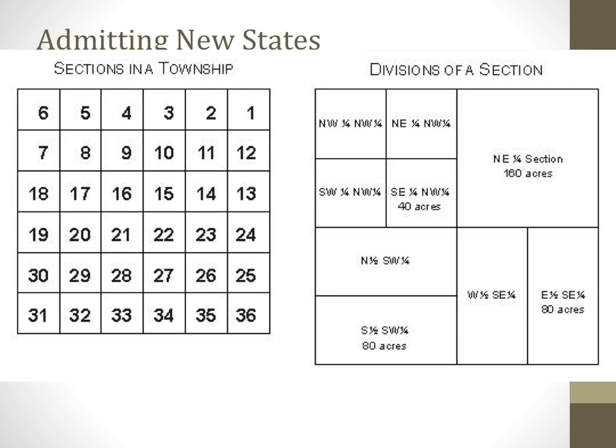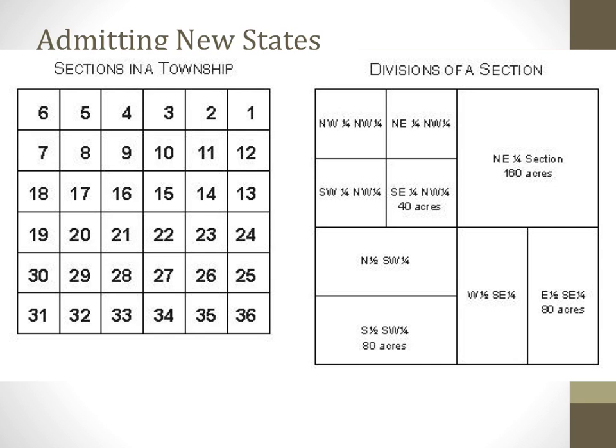Okay, so if you'll remember, one of the problems that they had was that some of the states didn't want to give up their western land claims. Well, once those states did give up that western land claim to the federal government, the question became, what's the process that we're going to go through to settle that territory and then bring that territory in as a new state? And this is one of the things that the Articles of Confederation does well. So they create the Land Ordinance, and then the Northwest Ordinance.